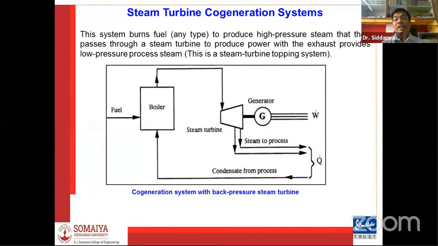Then it's difficult, or impossible, for any system to take that expanded steam back to the boiler drum. Therefore, as per the second law of thermodynamics, the system must work between two different temperature levels. Therefore, we are supposed to use a condenser. Via the condenser, the steam gets condensed and the specific volume reduces to approximately the initial volume of the liquid, and then that liquid is pumped back to the boiler. And this type of system is called the steam turbine cogeneration system,